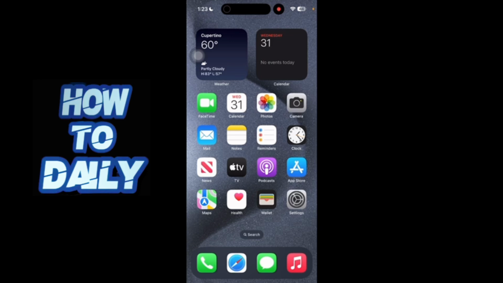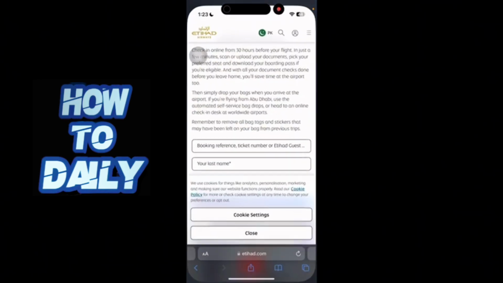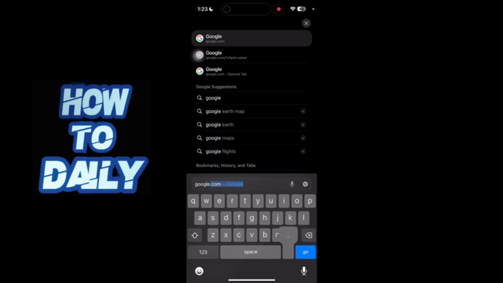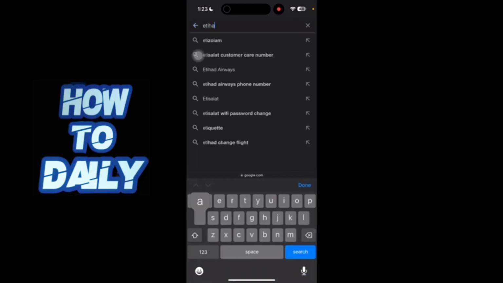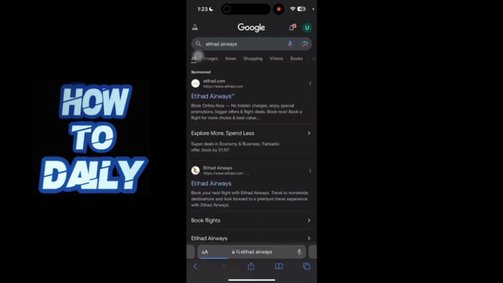Alright guys, so first of all you just have to open up your internet browser. It doesn't really matter if you are on an iPhone or Android device, or if you are on a computer or laptop device, it doesn't really matter. Just open up your internet browser and go to google.com, and here you just have to search for Etihad Airways like this, and now just click on the first link, this one right here, Etihad Airways,